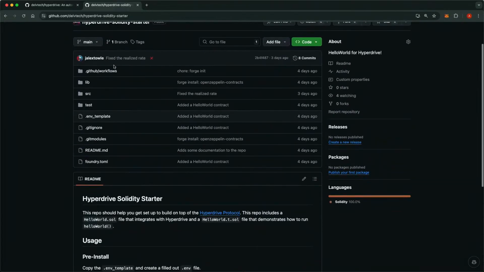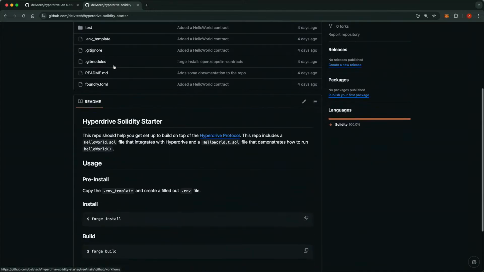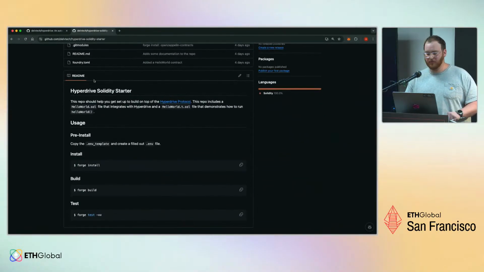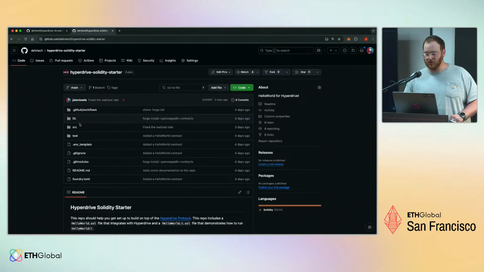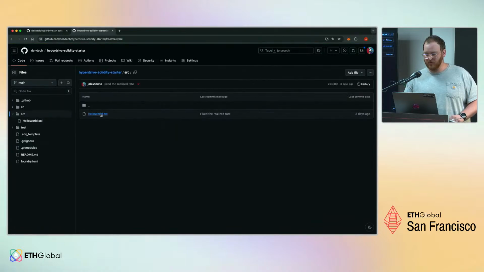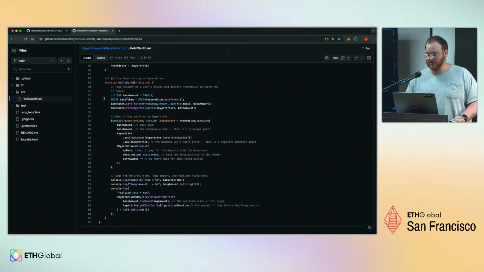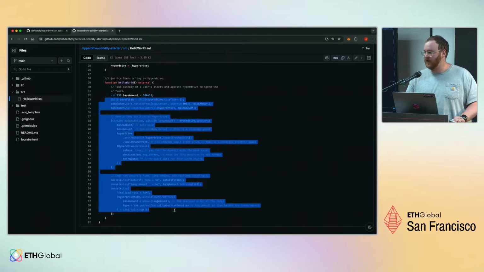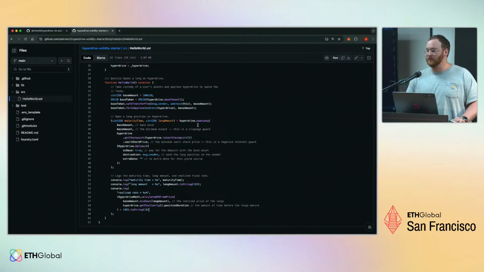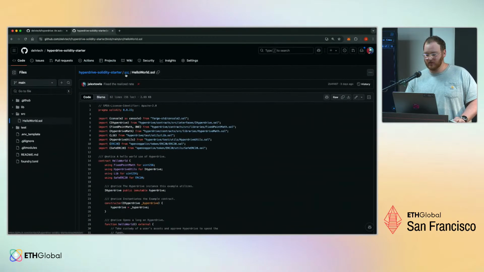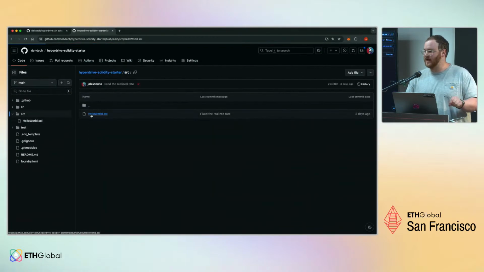I'll try to keep things relatively quick. If there's questions, we can talk about how to use this later. It's just a normal Foundry repo. We have some instructions here about how to build and use it. It includes a simple hello world example. What this hello world does is it opens a long position on Hyperdrive and then logs some data about it. And if you run our hello world test, which you can do with forge test -vv, this is all in the README,